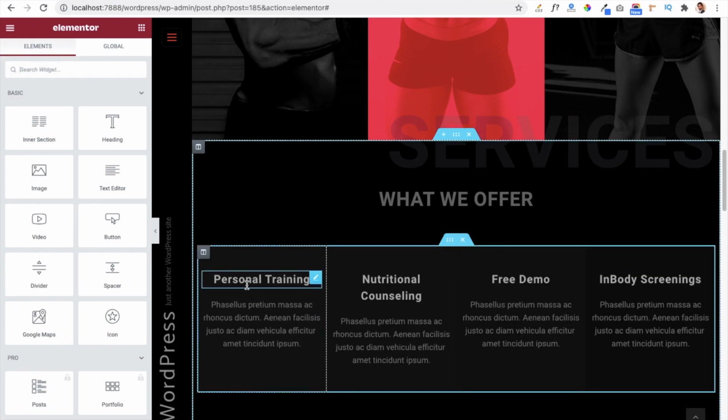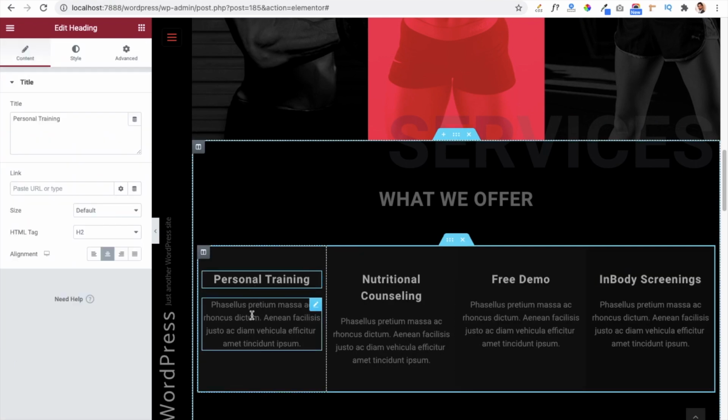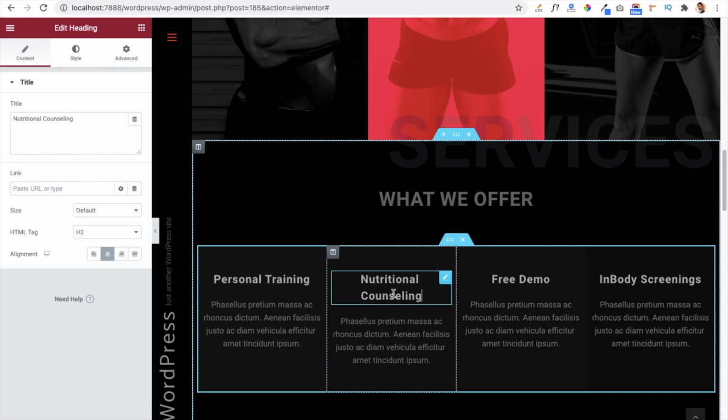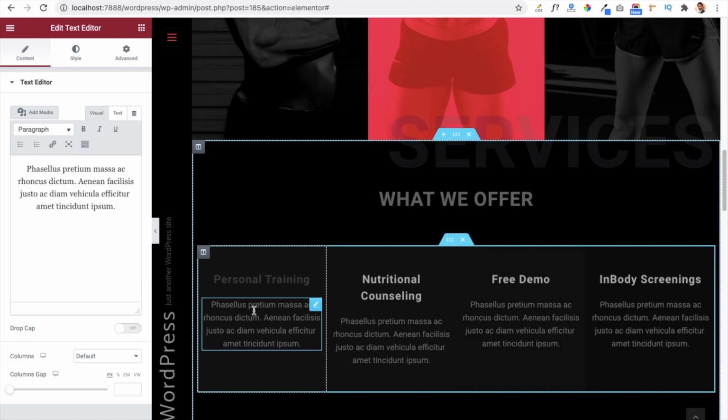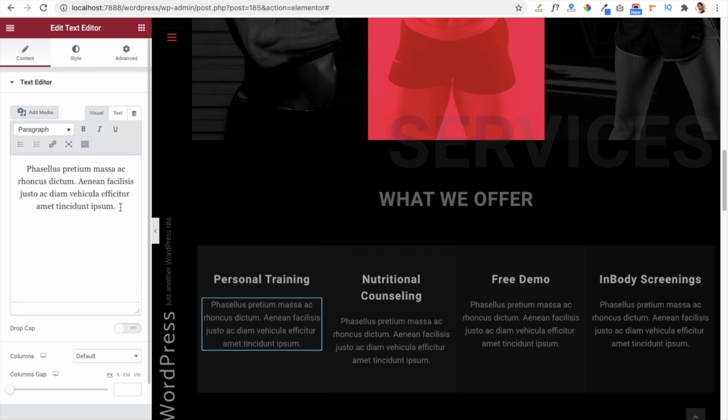Friends, you can use this module to add any content in your website. As of now you can see this is a heading module which we have added here, personal training session. You can also add some more text here, or this is the text which we have added, and this is the text editor which we are using to add more content. It will show you as a paragraph.